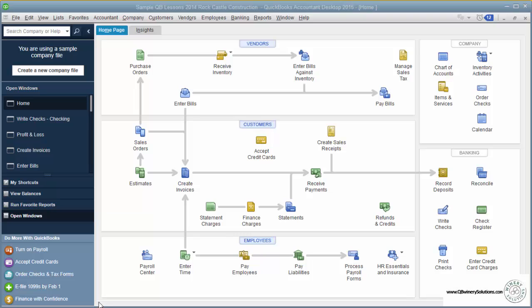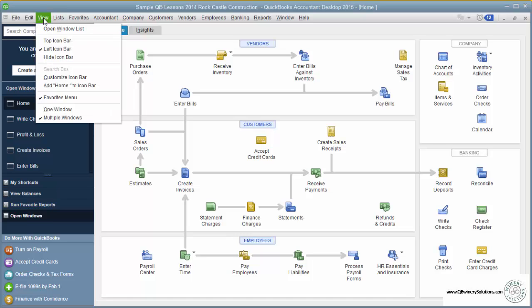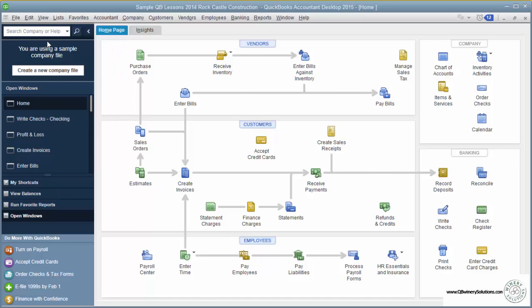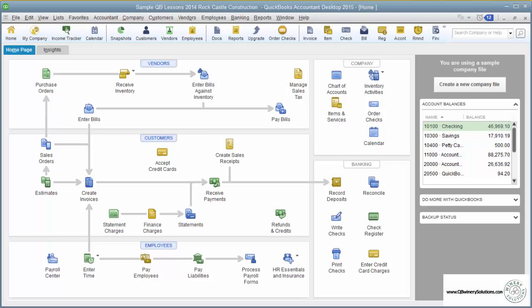Now, in newer programs, the icon bar shows up on the left, but this can be changed, and I personally prefer it on the top. So if I want to move it to the top, I go Views and go Top Icon Bar. And now when it's on the top, you can see there's actually icons up here, which I find easier to